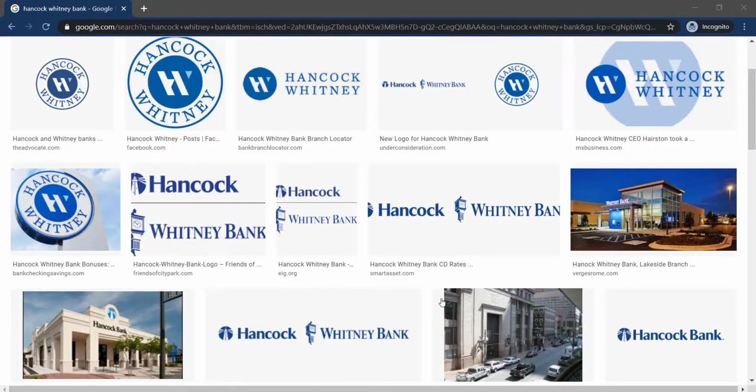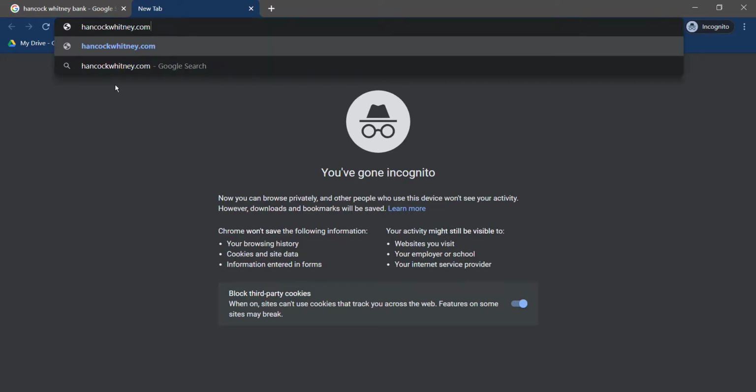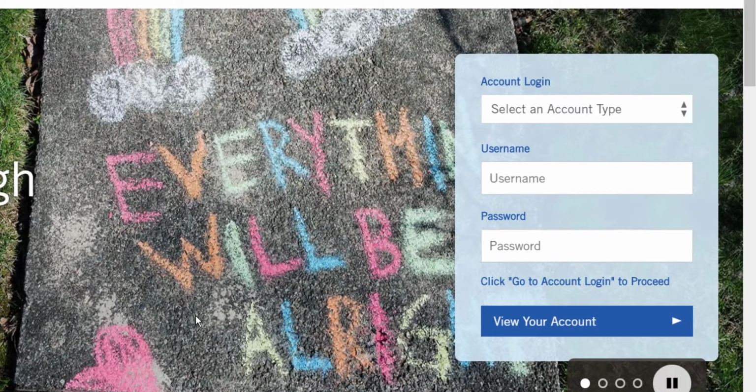So, first of all, open any web browser on your mobile device or your desktop and in the web address bar type in hancockwhitney.com and hit enter. Then it will take you to the official homepage of Hancock Bank, where on the right side of the screen